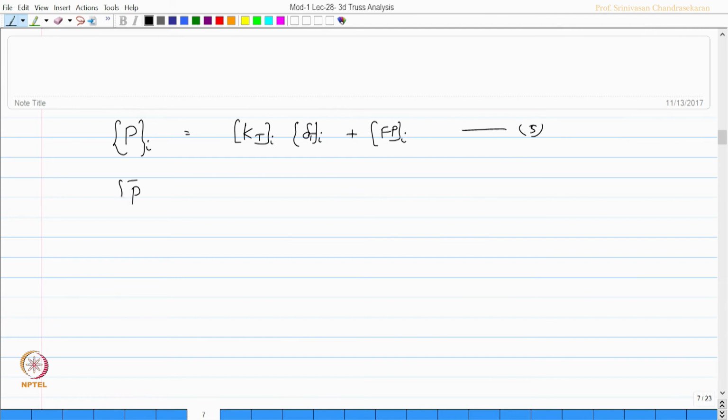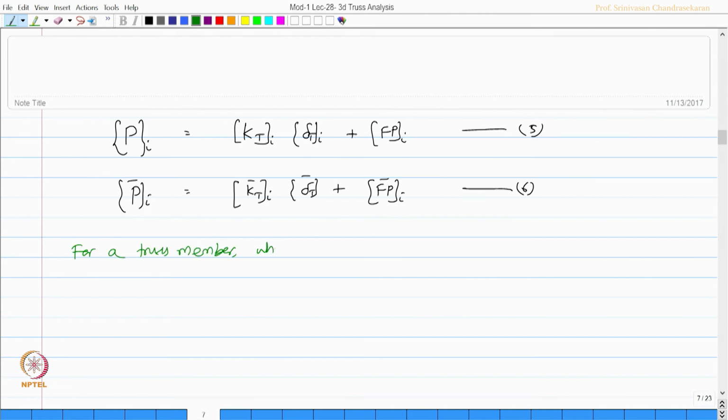If we want to find the forces in the global degrees of freedom, this can be simply said as K bar of the ith truss member multiplied by the displacements of the truss member in the global degrees of freedom plus transformation of the loads in the global degrees of freedom. So, friends, very interestingly, for a truss member